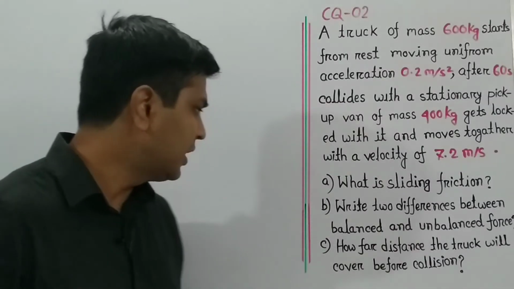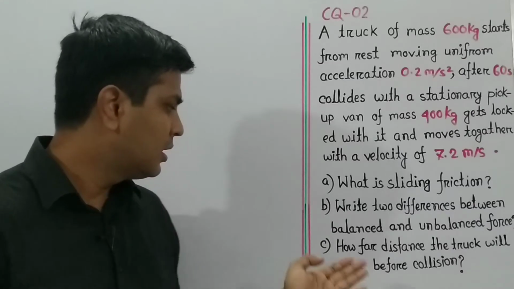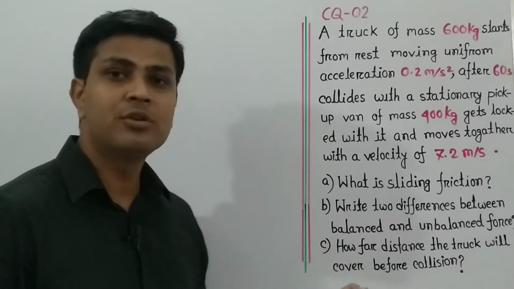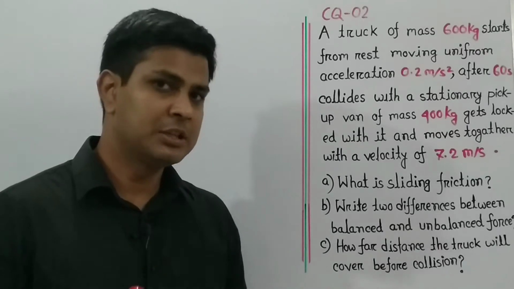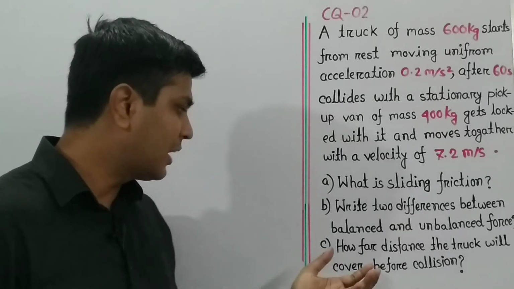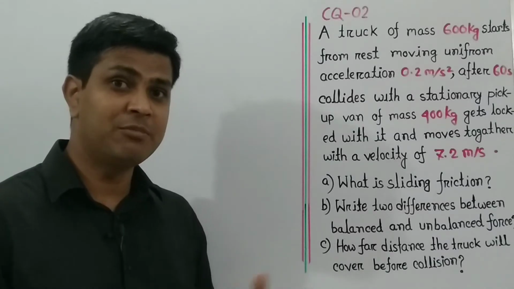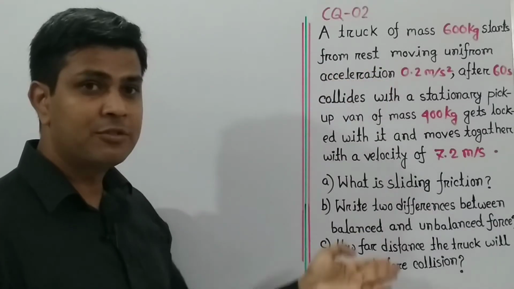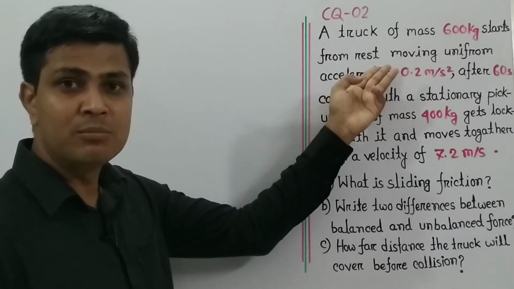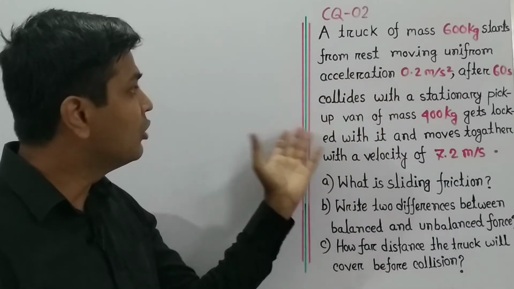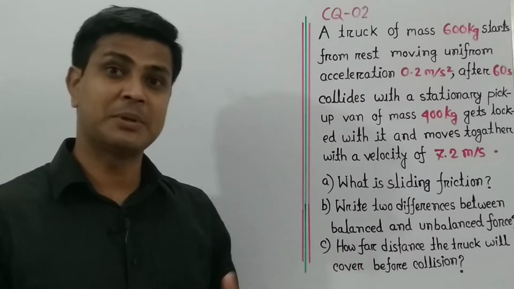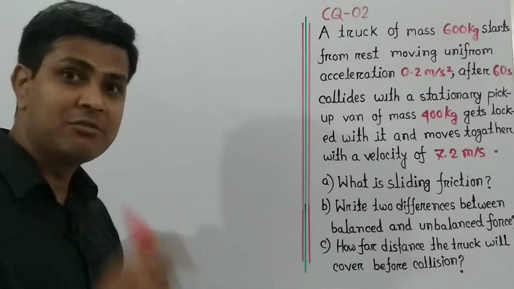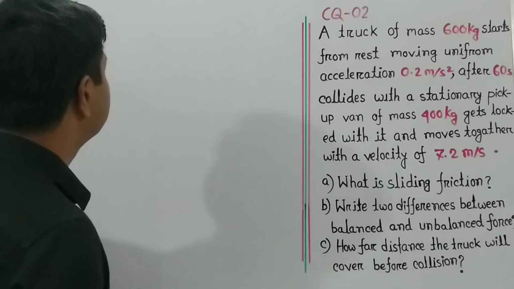Now question number C. The question is, how far distance will the truck cover before collision? That means we have to calculate the distance of the truck before collision. Let's see the given quantities here. Before collision, the truck moves with a uniform acceleration of 0.2 meter per second square, and the truck was at rest. So we can write here